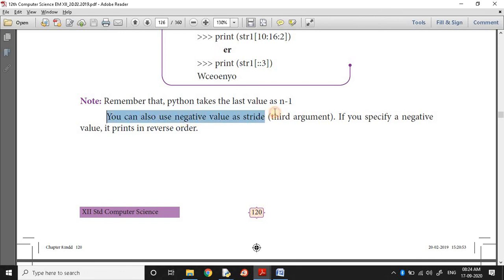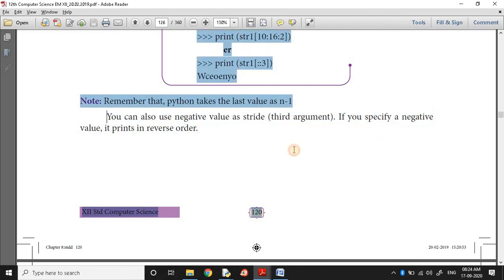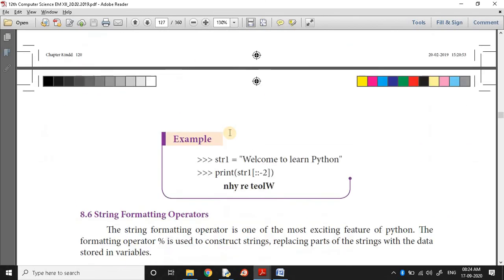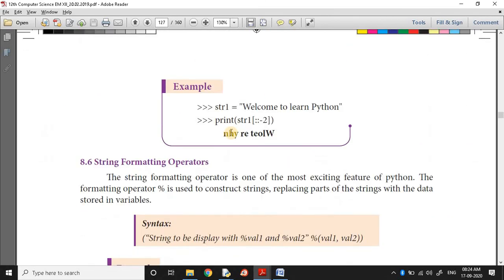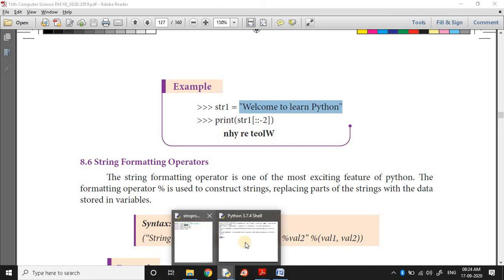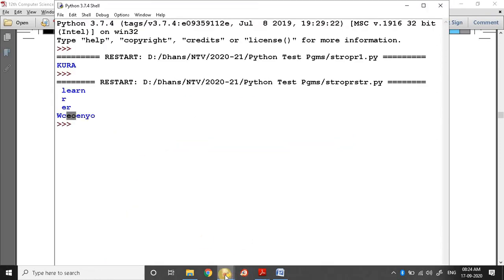You can also give negative values for the stride, the third argument. If you specify negative values, it goes in reverse order. Welcome to Python, the same thing. How to display the same thing? I will show it here.